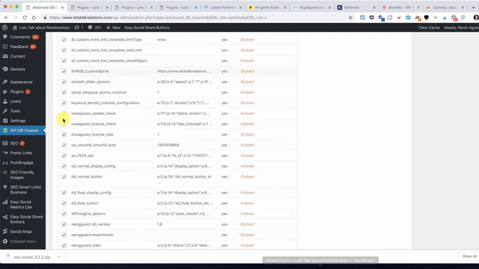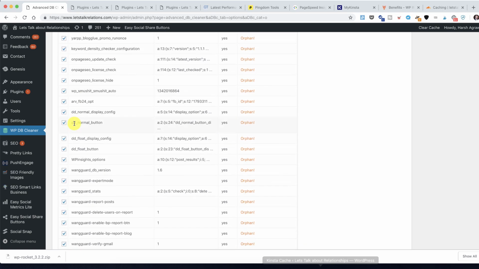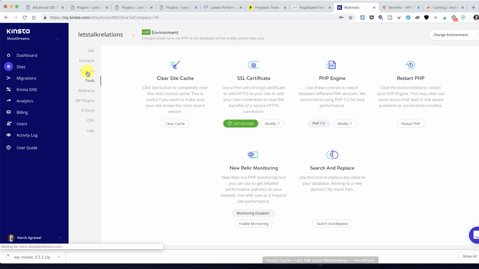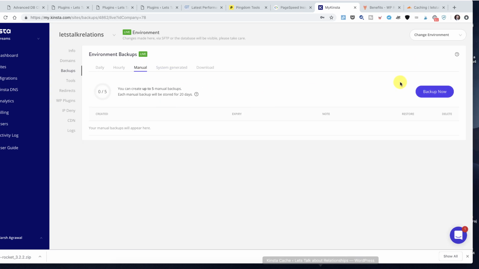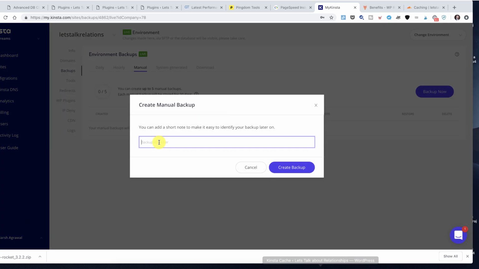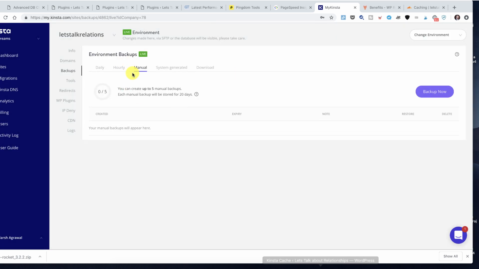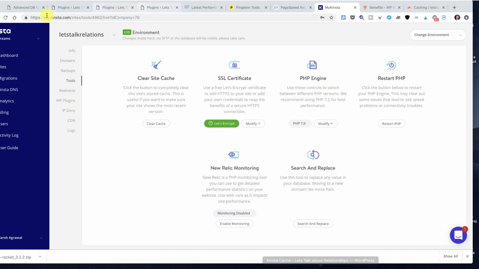You have to be careful. A good idea is to take a backup of WordPress when you're doing this, and let me also do that. Let me make a quick backup. Manual. Okay, backup now. Optimization. Create backup. Usually it takes a few minutes to create a backup like this. See, that was quick. So again, we go back to tools,